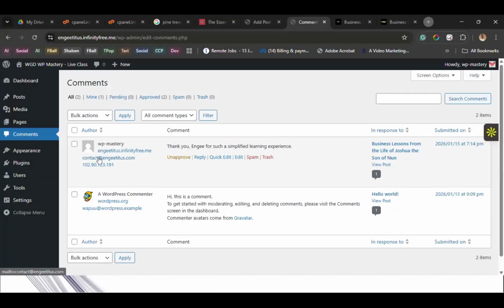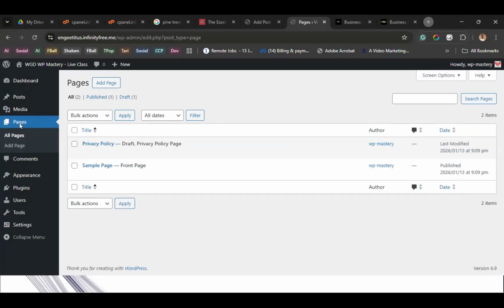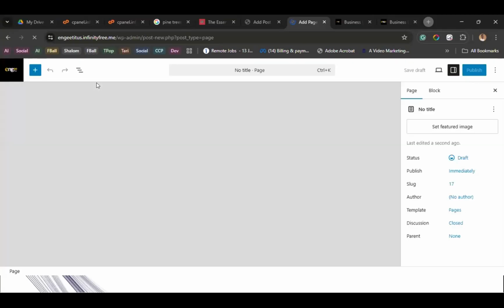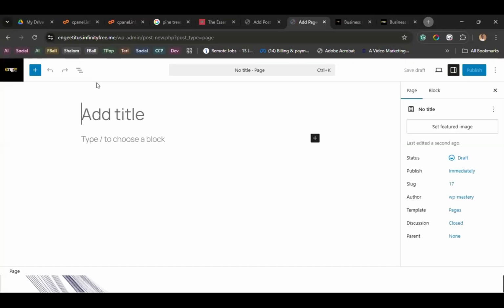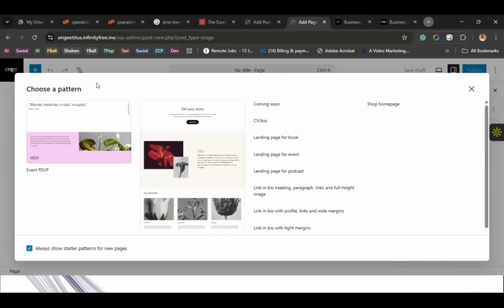So I know you're very conversant, or you should be comfortable building a post or putting your first post. To do a page, same thing, same process, everything. You could click this to access all pages. You could add a new page. So let's design a simple one. Let's call this